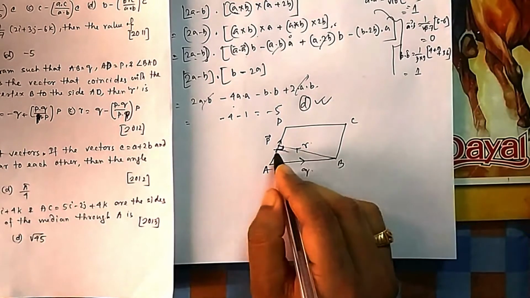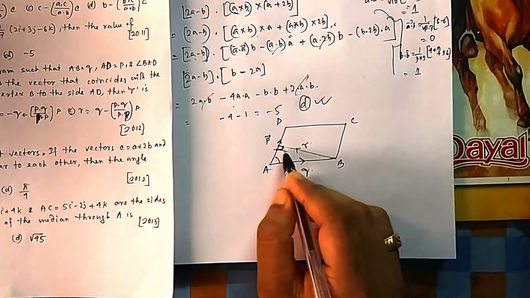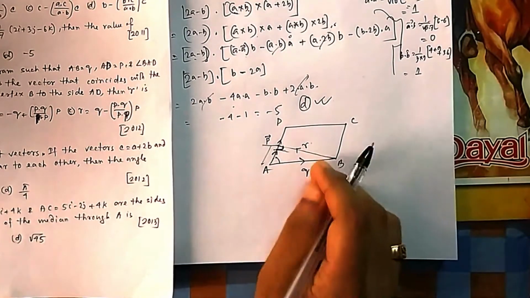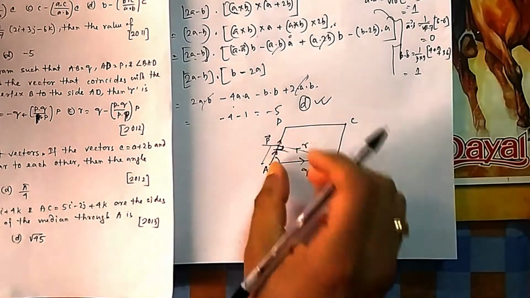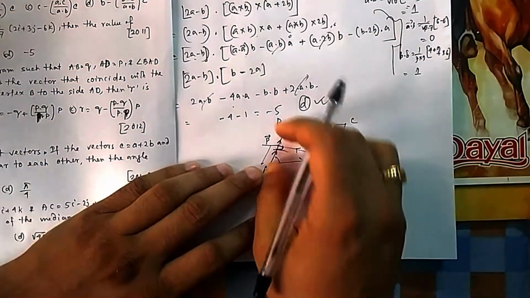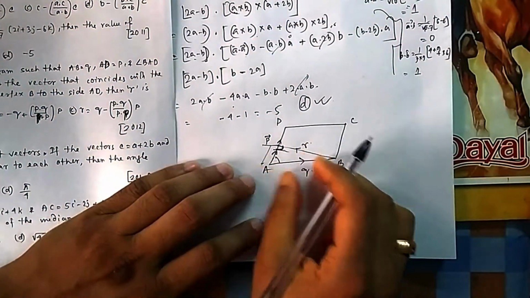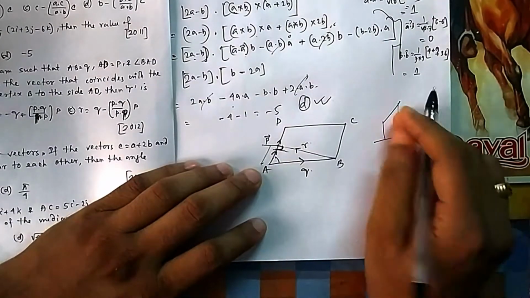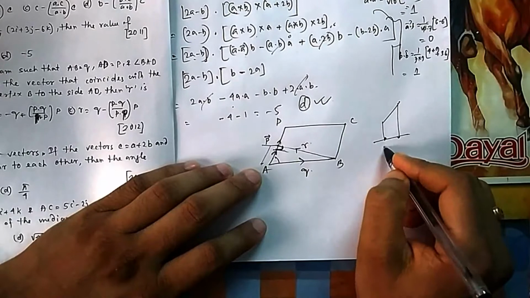You can see this plus this is equal to this plus this is equal to this. So by somehow if you can find this from here to here, what is the vector? It is nothing but the projection of q on p. If you take the projection of q on p, you will get this one. That is how we take the projection. Suppose this is a vector, this is a vector, so how will we take the projection? This is the projection of this vector on this one.